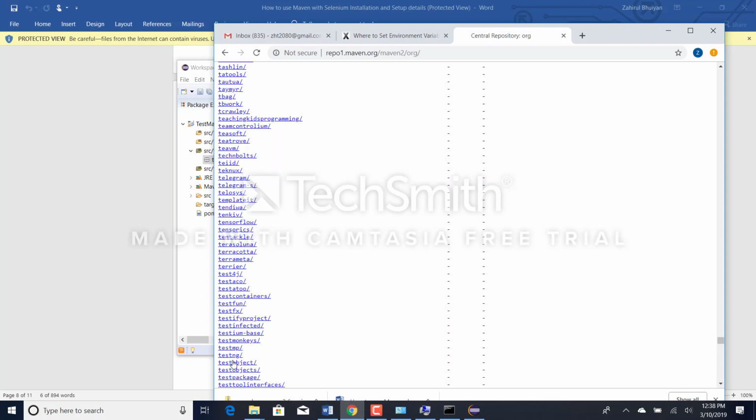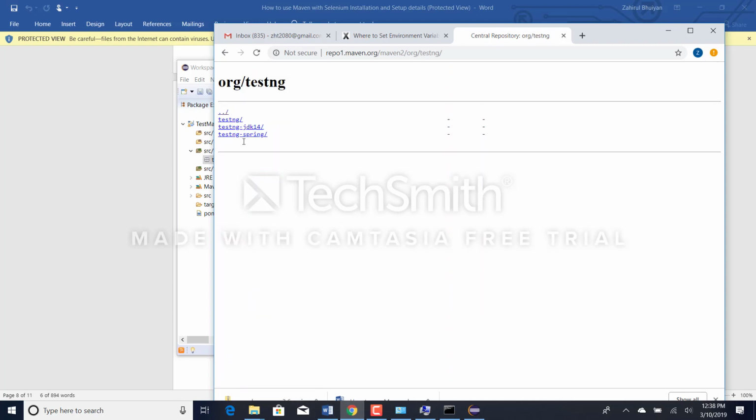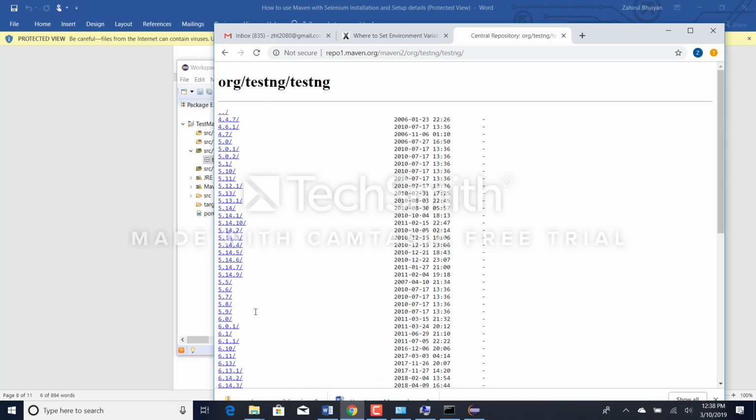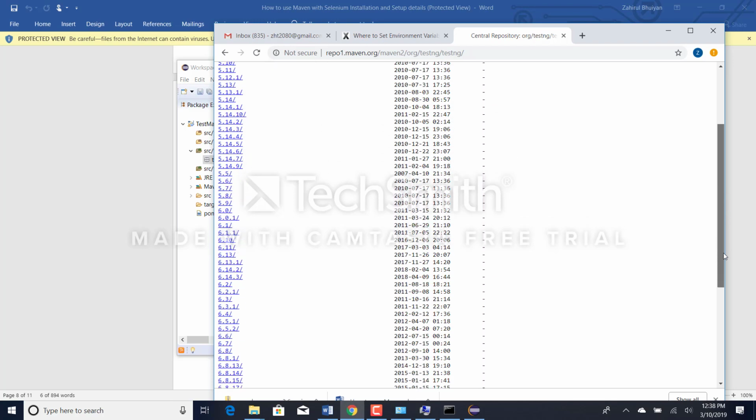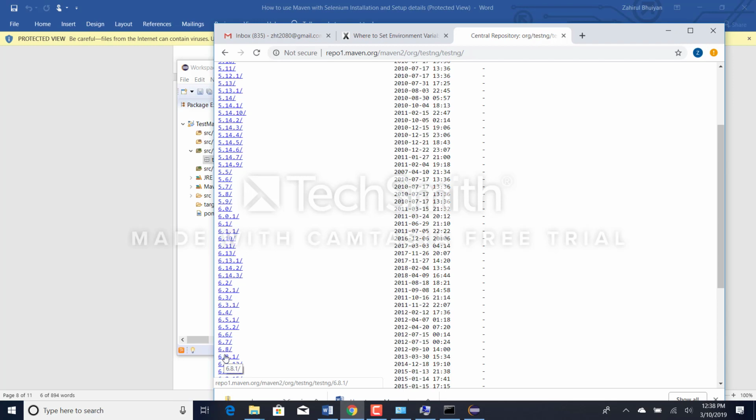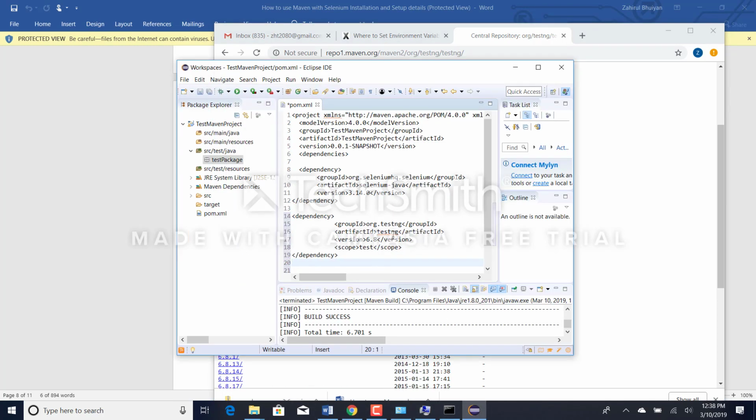Can you see there is a testng? Inside that one we have testng, and then we have different testng versions. We are going to use 6.8. Okay, 6.8. Now if you go there, you will see that I have org testng, and inside that there is a testng, and then I'm putting 6.8, right? And then now if you go and build your, actually if you save it,